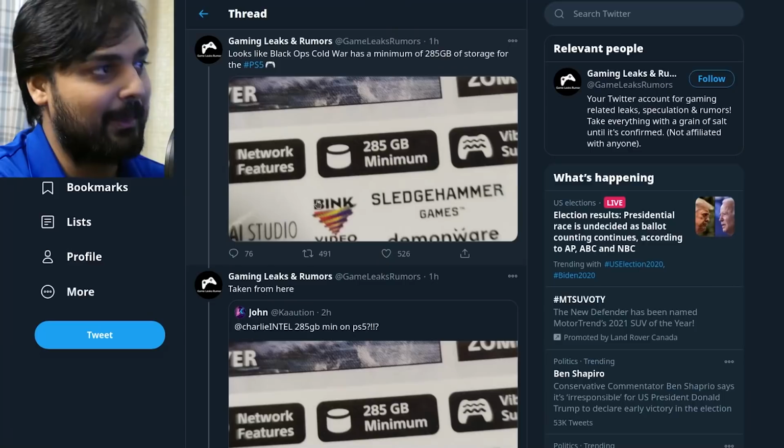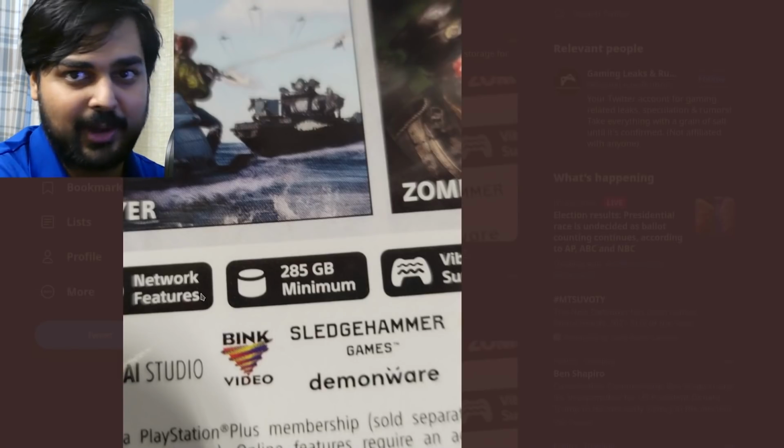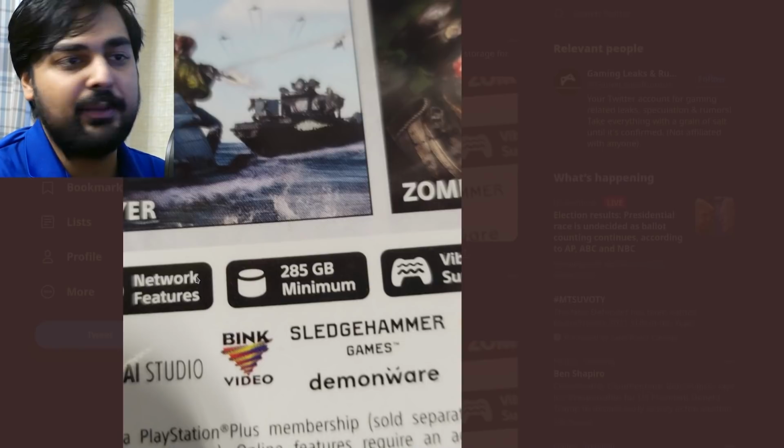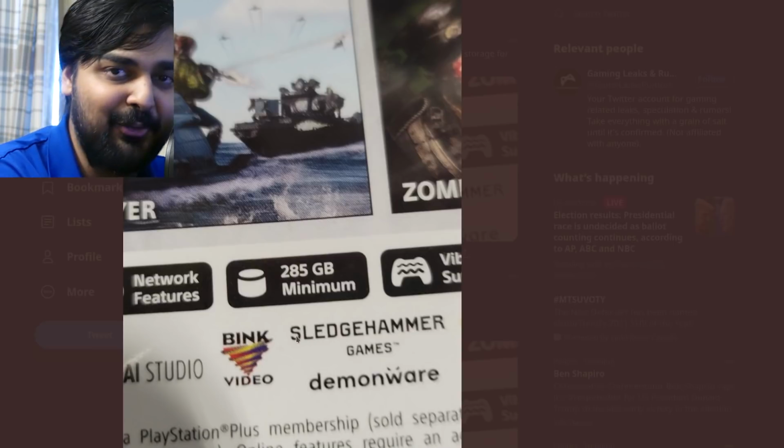For instance, gaming leaks and rumors. I don't treat this completely seriously, but they showed the back of the box. I don't know why we have to zoom in this far into the box. I would have loved to see the whole box, but they showed that the PlayStation 5 version has 285 gigs minimum. To put into perspective, that's like 40% of the usable space, if the PS5 leaks are true, just on